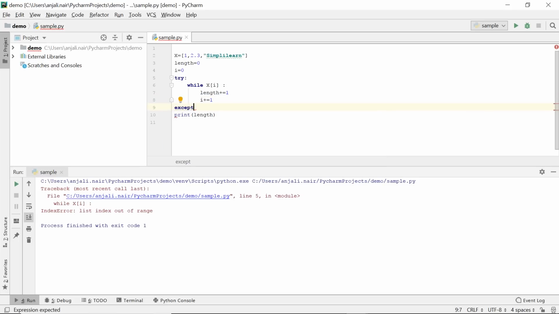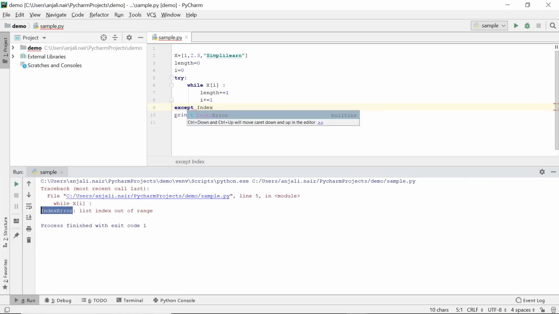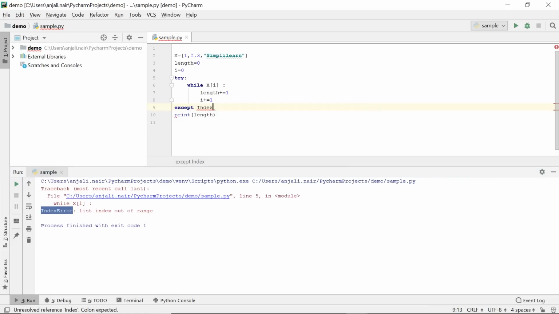So this is our except block. And this is how it's written. You have your keyword except followed by the error that this block will be handling. In our case, this is the name of our error, index error. So put that down here, colon again, and everything within the except block is again indented slightly to the right. And there you go. So our error, which was occurring previously, that is the index error, will be caught within the try block, and our except block will handle this error.